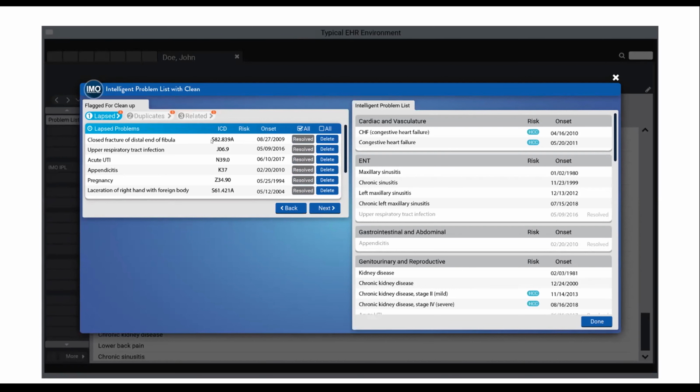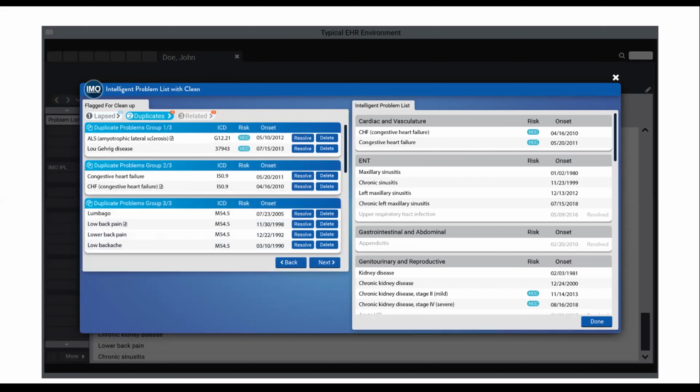We have since introduced a resolve to past medical history. If you'd like to keep a record of one of these problems in your past medical history, you can select that option, and it will send a record of those resolved problems there. And as I check those off and resolve those problems, on the right side on our intelligent problem list, you can see those problems that were resolved are grayed out, have an indication here on the action that was taken to them. So you can keep track of your work on our problem list as you're doing your cleanup.